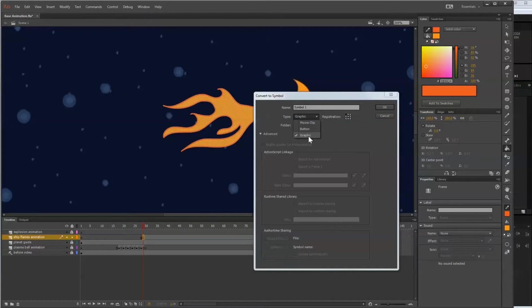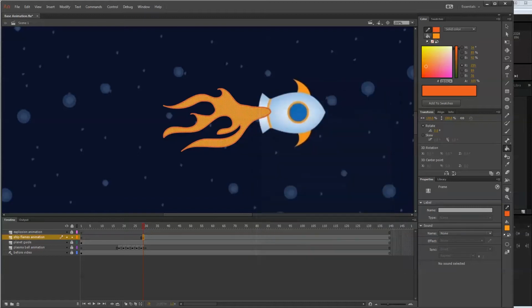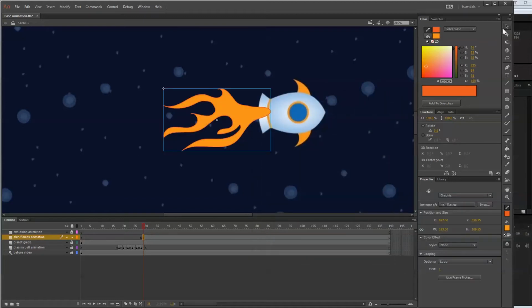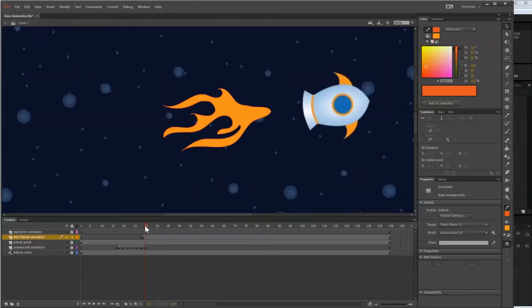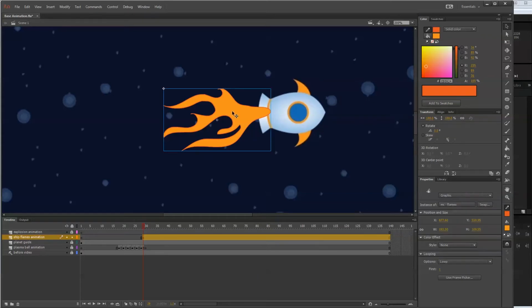However, if I export as an image sequence, we're not going to see the exact effects we want. So I'm going to stick with graphic, and I'm going to call this MC, just for moving clip or motion clip, and we'll call it MC Flames. So what that did is now this is a clip. To just really quickly explain the difference between a graphic clip and a regular movie clip, I'm going to double click in here